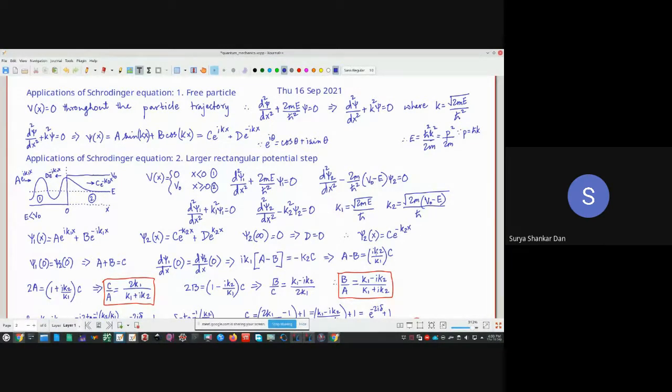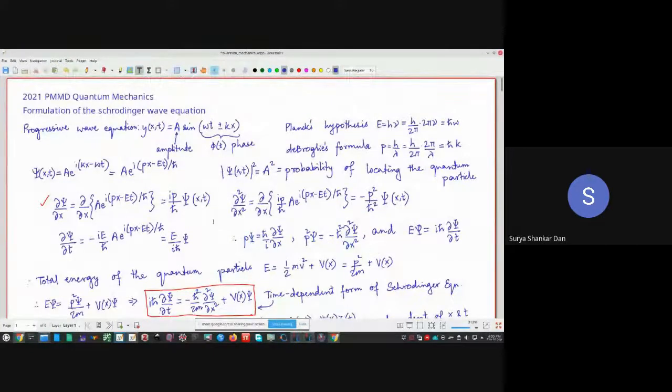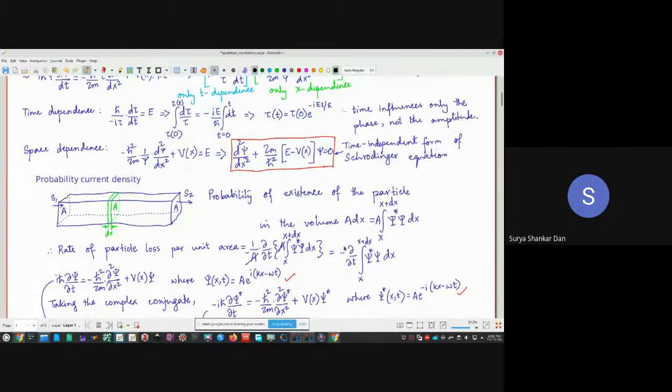So let's recap what we have already covered in the course proper. We have already studied the formulation of the Schrodinger wave equation from the basic first principles. And after that, what did we do? We understood that all the phenomena related to solid state and devices, silicon and all that, or the VLSI circuits and devices, this is sufficient for our understanding. That means the time independent form.